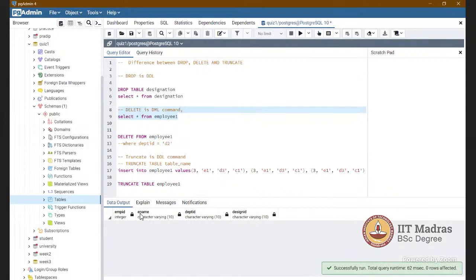You can see the table structure remains, but all the records got deleted. I think these three are clear to you: drop, delete, and truncate.